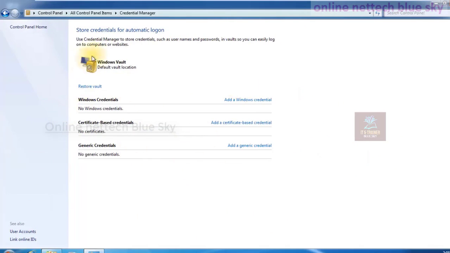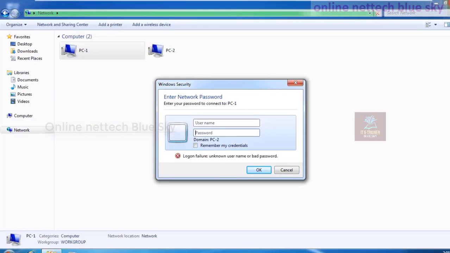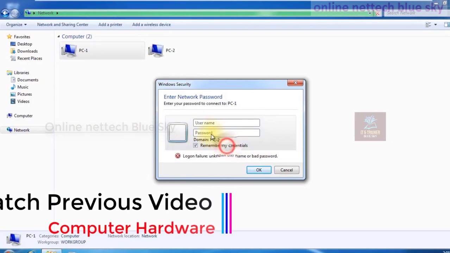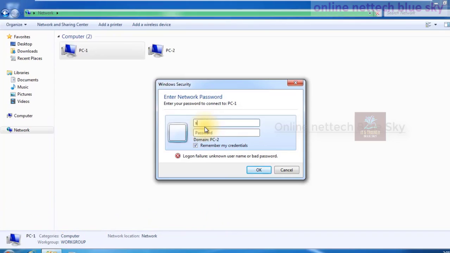So how can we use the system and access the system, and how does Credential Manager work here? Credential Manager does not make you log in again to the other computer and ask for the username and password again; Credential Manager automatically stays here.